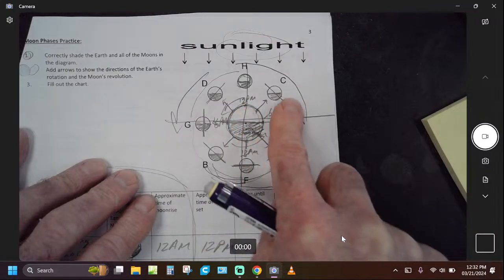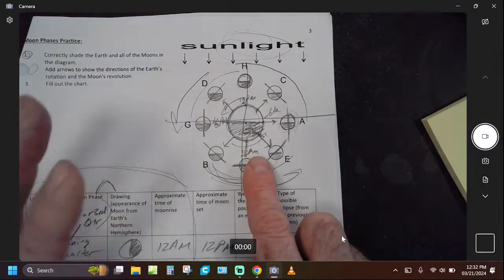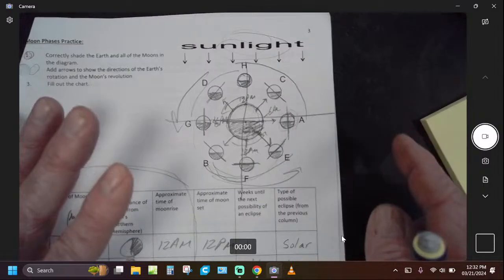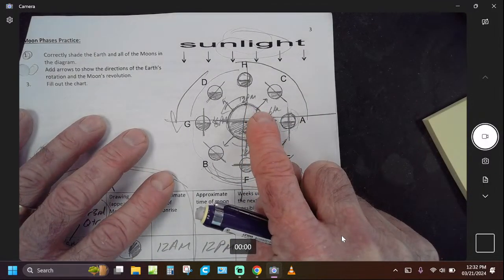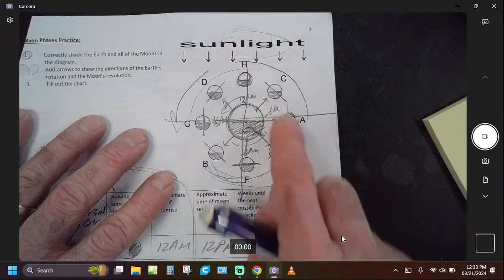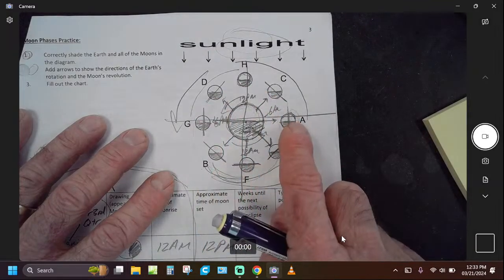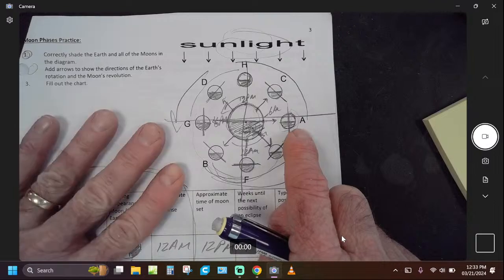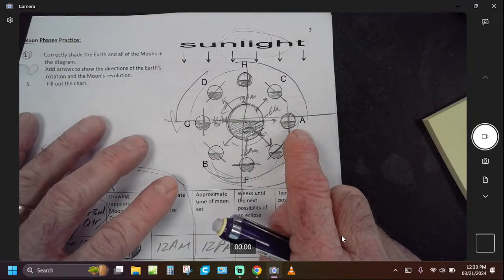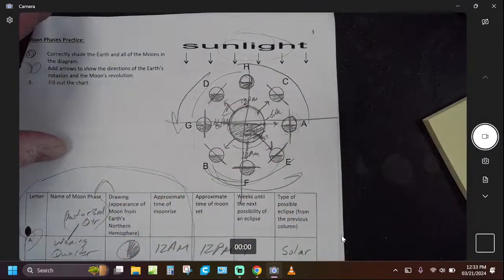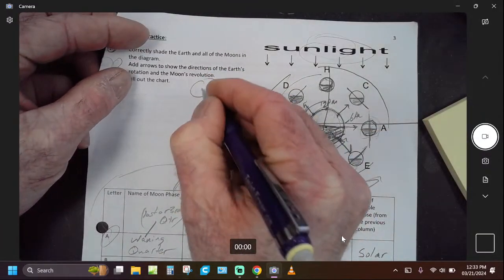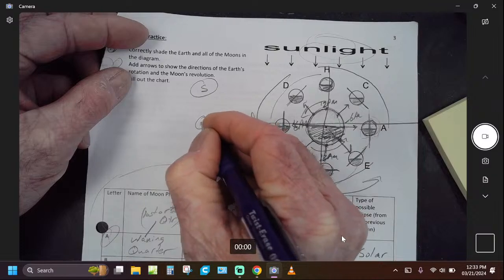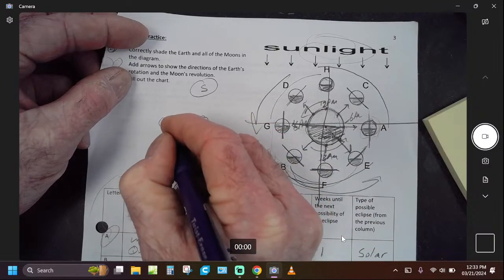Don't help him. So there are 8 different moon phases, and we've been working on how to figure out what their names are and what they look like, how to draw them, and that kind of thing. 2 of these, Prince, 2 of these moon phases can cause eclipses, and an eclipse happens when something blocks the light from something else. So basically, the diagram up here is maybe not as clear, but if you have the sun and you have the earth like this, and you have the moon over here,